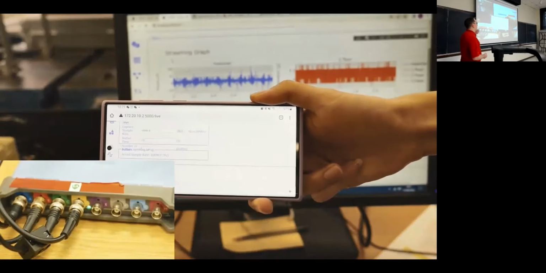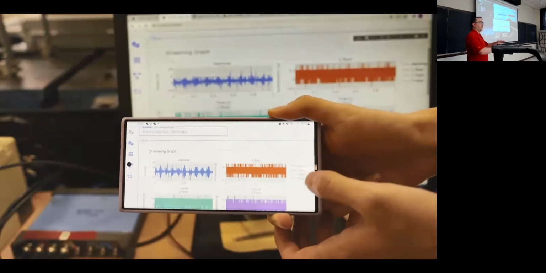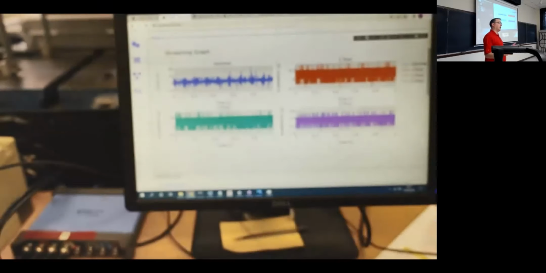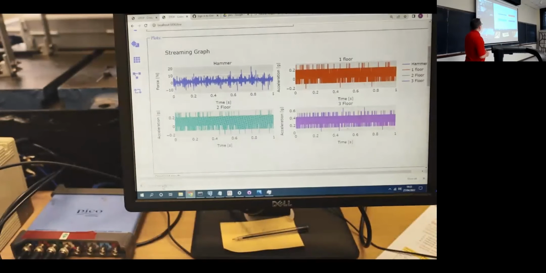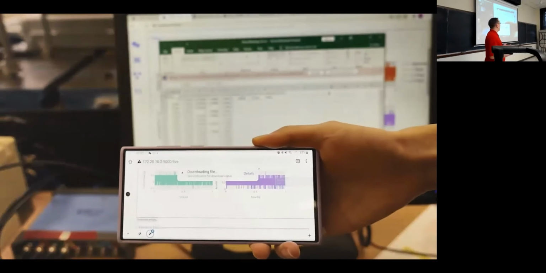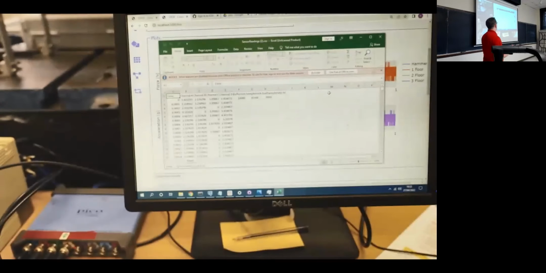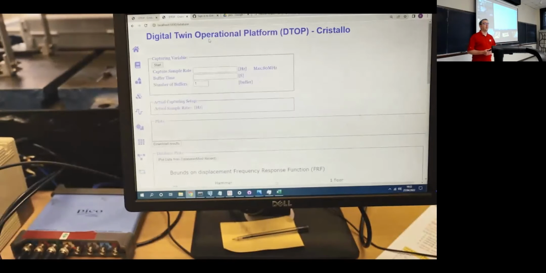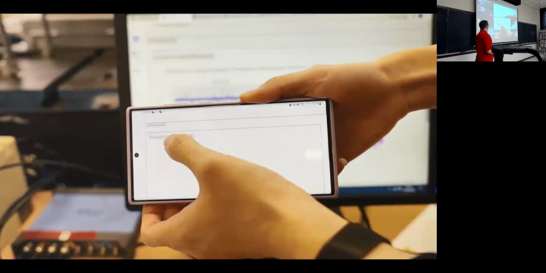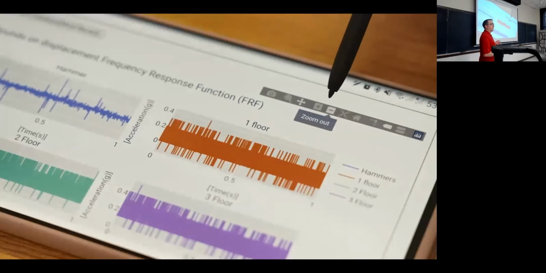What we can also do is, because it's a cloud deployment in this case, we can do the exact same thing on our phone that has no physical connection to the system at all. So if I want to, say, gather information remotely, we can do it with our DTOP-based system. So in addition to just gathering data, we can also store that to a database. So we can retrieve that data at any time that we want, as well as download it in something like a CSV or some simplified format that we can use for further analysis. And so we can see that this is the exact same data on the phone and on the computer.